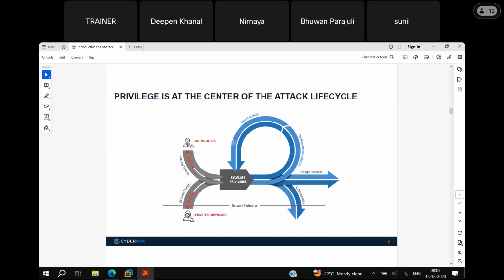They will move laterally within the organization and gain control over all the assets in the organization. This is the attack cycle.